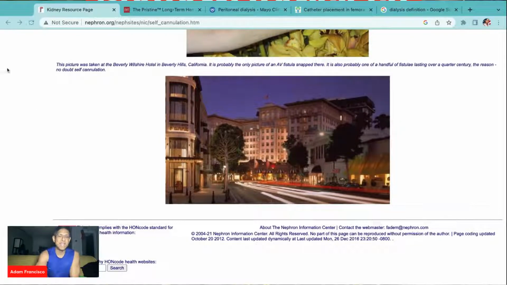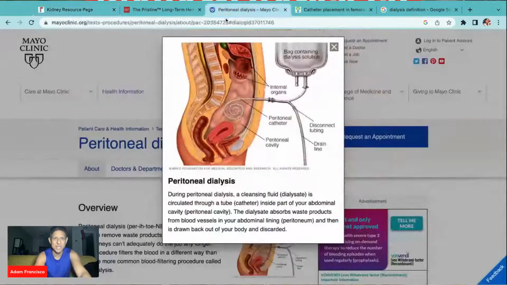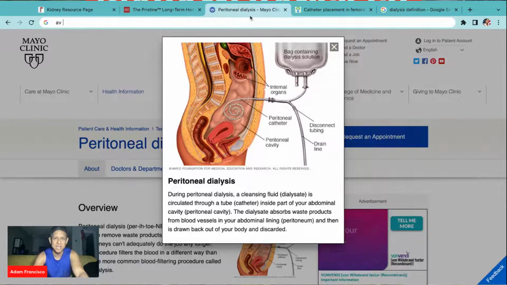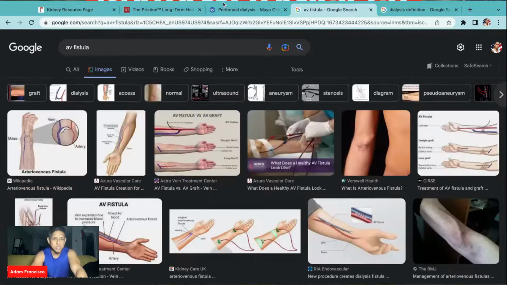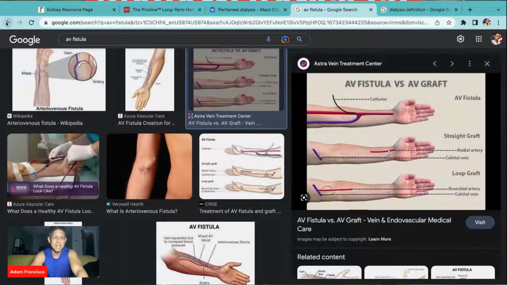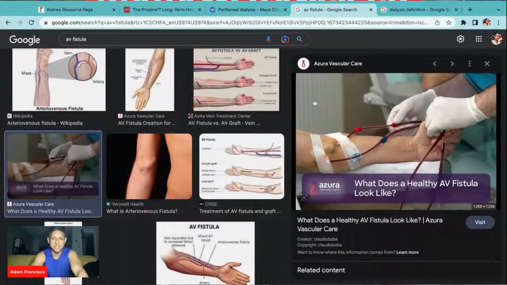And typically it's called an AV fistula. So let me show you guys what that looks like. I want to keep this one open. AV fistula. So this is also hemodialysis, all right? This is also hemodialysis, but this is for the permanent